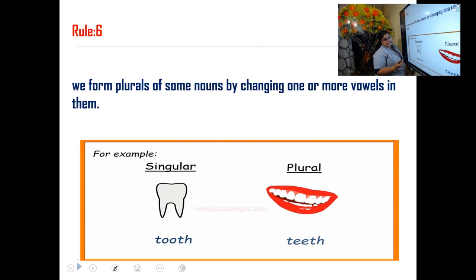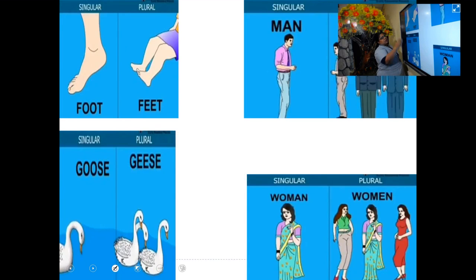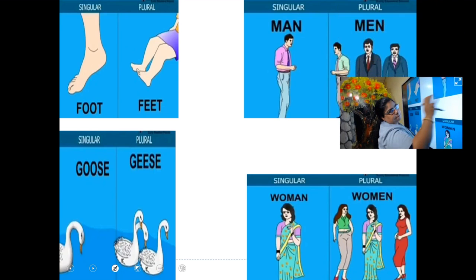Look here, what is this? Yes, this is a tooth. What's the plural of that? Look. Yes, you know already the answer. Teeth. Two vowels are there. Both the O you change to E. And then there are two E in the spelling of teeth. Can we see some more examples? Look at this one. Foot. Two O is there. That vowel is changed, and the plural is feet. Right? Look at the next ones. Man. Men. Goose. Geese. Woman. Women.